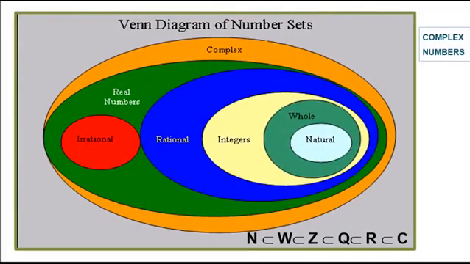Venn diagram of number sets. This you already know. You see that the natural numbers are inside the whole numbers. Further, integers were invented. Then further, rational numbers. Then after finding rational numbers, they found it very difficult to define non-terminating, non-repeating decimal numbers, called irrational numbers, that you have learned in class 9th. All these sets of numbers are put together as real numbers.